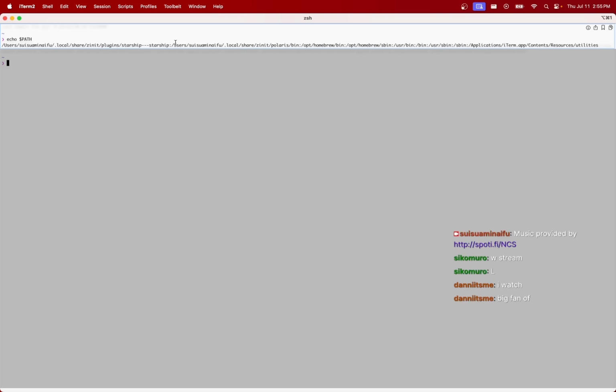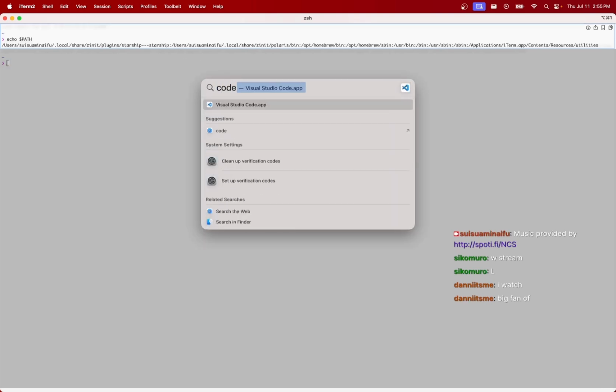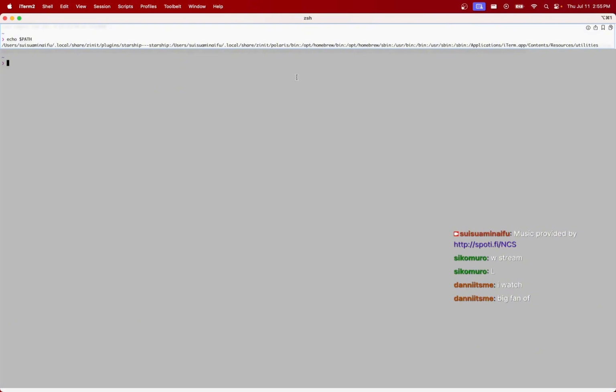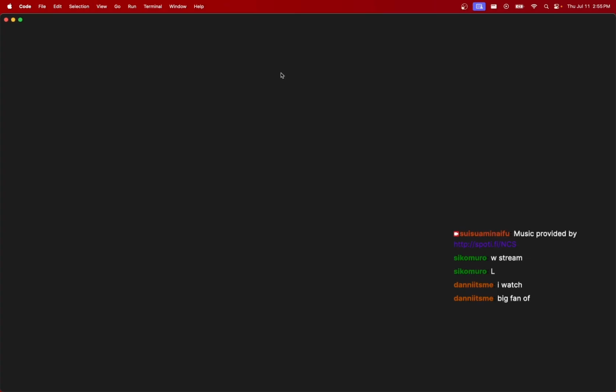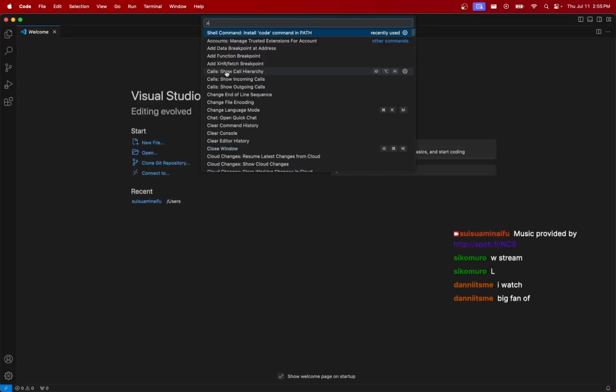Now, I guess this is fine. I'm not really sure if there will be any issues with this, but just for the sake of it, I think we should synchronize this. Because, for example, I have VS Code installed, which we did last stream. And if you open VS Code and run this command, which allows you to run VS Code directly from the terminal, what it does is it will actually create